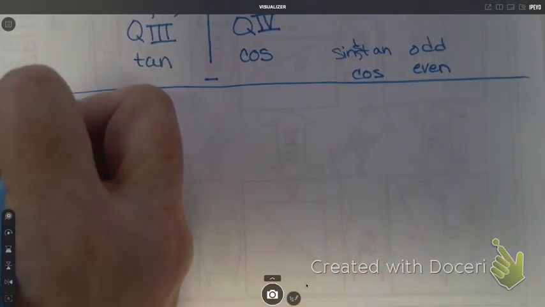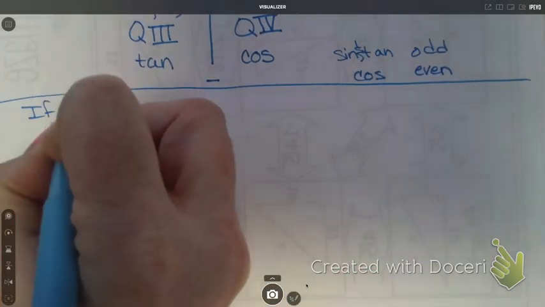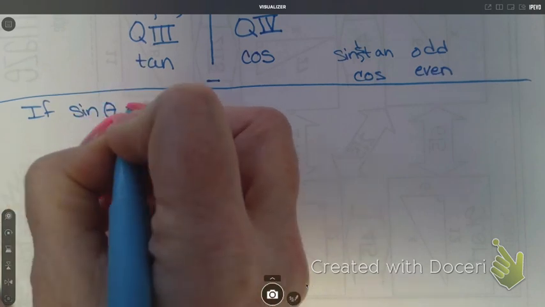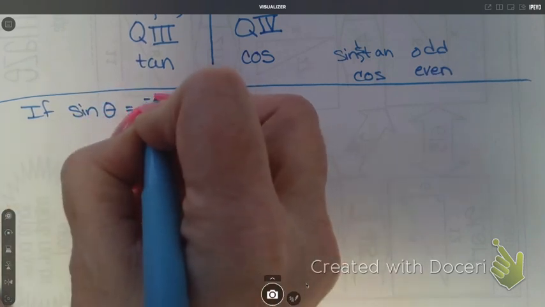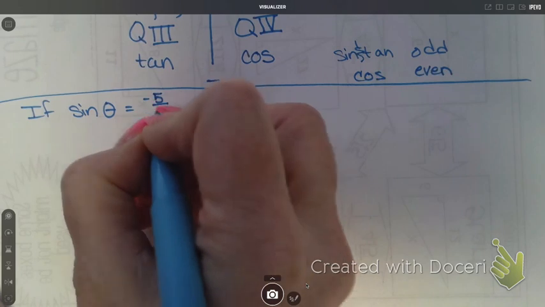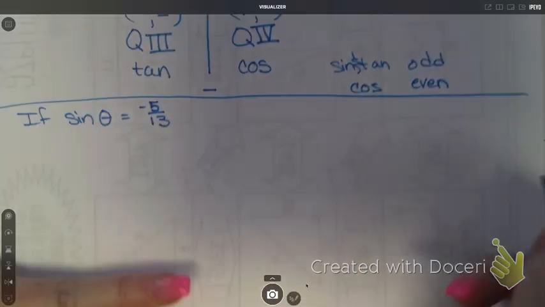So the majority of your assignment today will say if sine of theta equals negative 5/13. Now I'm going to tell you in the book they do not write it 5 over 13. They write it,